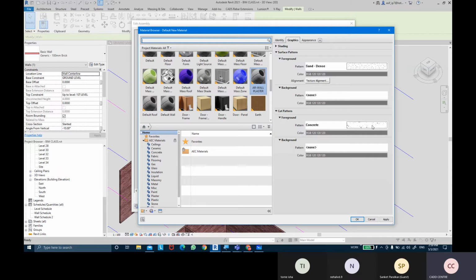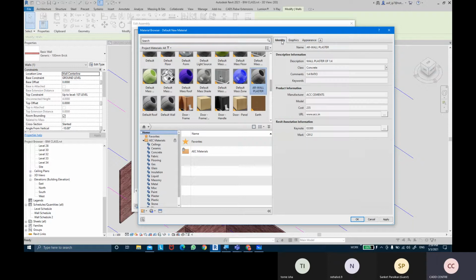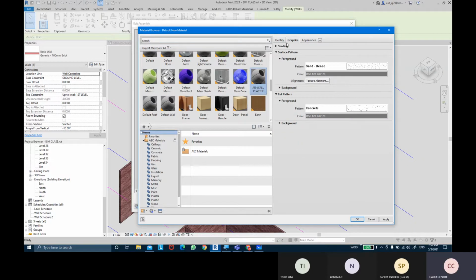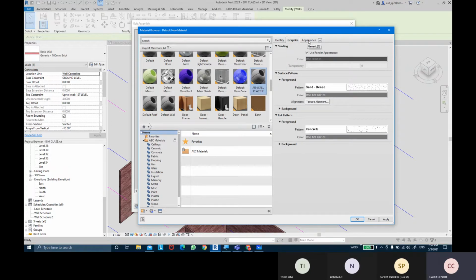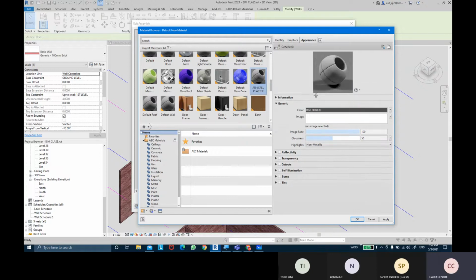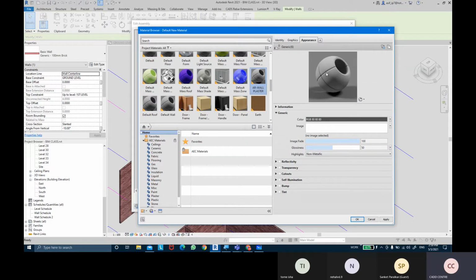Okay, so identity data and graphic information is done. Okay, then we'll come into appearances. So appearance means realistic में क्या material लिखना चाहिए basically. तो अभी realistic में is looking like a plain gray material. Okay, we don't want it to look like a plain gray material, but we want to add a wall plaster texture add करना है। तो wall plaster का texture add करना है तो appearance में आने के बाद में